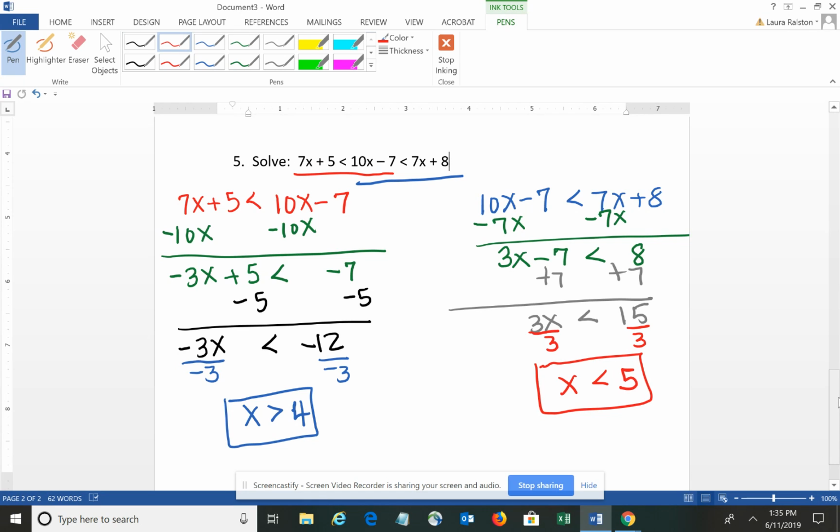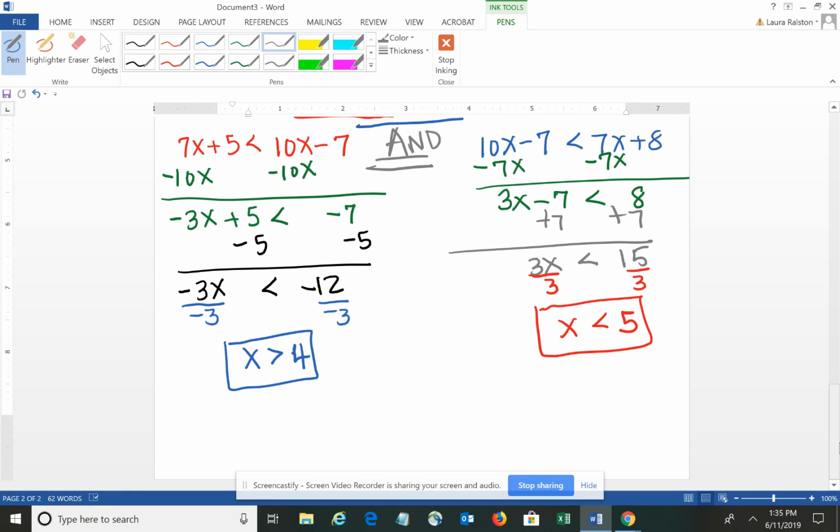Okay, so if you go back to think about the words, we're saying that 7x plus 5 is less than 10x minus 7, and, this is an and, 10x minus 7 is less than 7x plus 8. So if we think about what this will be on the number line, again, because this is an and, we're saying x is greater than 4 and less than 5. And if you think about what that would look like on a number line,